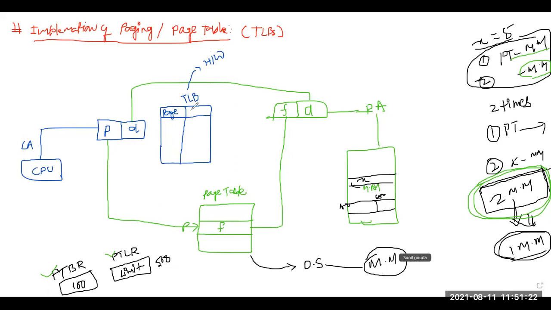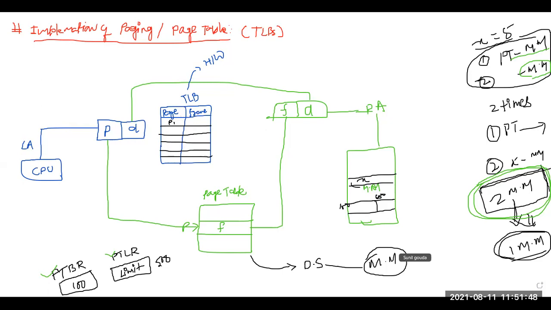It will consist of page number and your frame number. Fine. So what will be initially? What will happen now? Suppose now the size of the TLB is very small. Like it will consist of a location something around 256 to 512 maximum. Okay, 256 to 512 locations. Like it will consist of some page number for one.